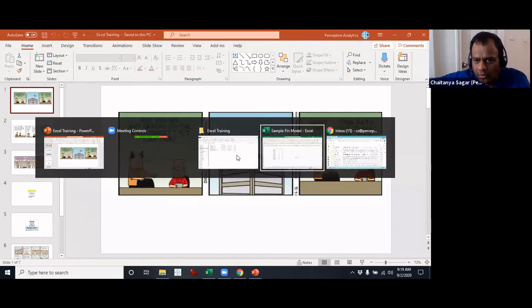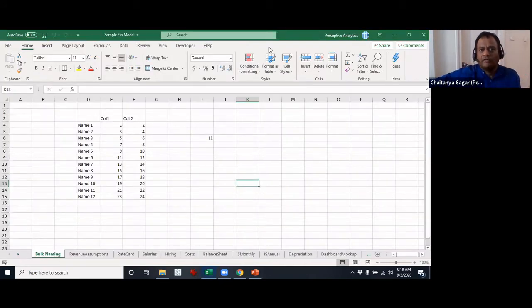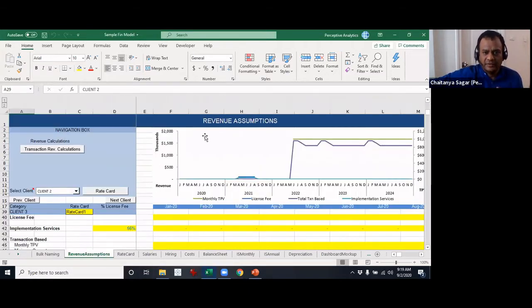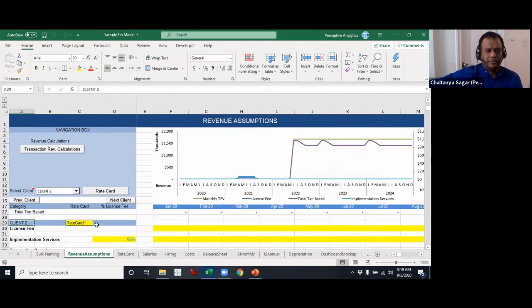All right, so let's get going. I will give you a quick recap of what we did last time, and then we will go ahead with the rest. Essentially, we looked at this particular sheet, and in this, we talked about this drop down, like Shravan said. You can select this, and based on that, you can apply a specific rate card. It scrolls, and it also changes the chart on the right hand side.